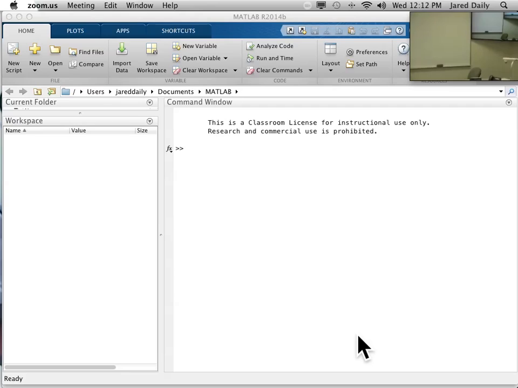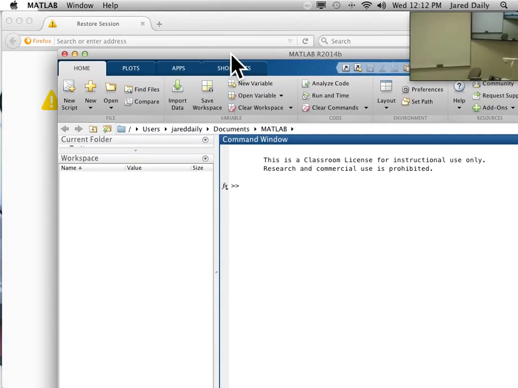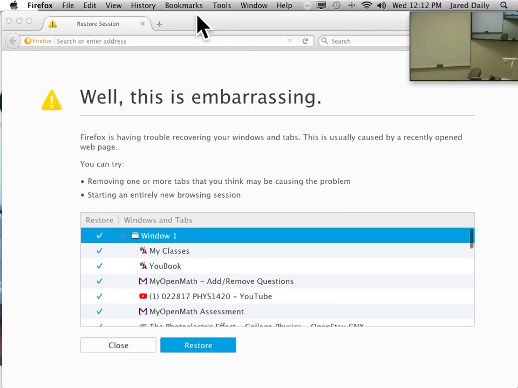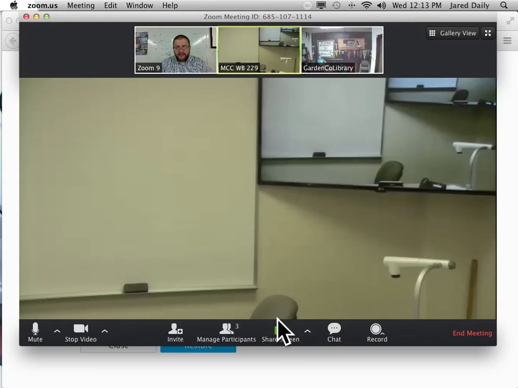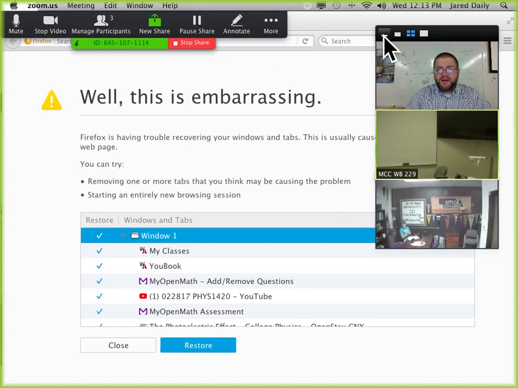So for those of you who are not aware what a graphical user interface is yet, Windows is based on a graphical user interface operating system. That means that everything that you see here is a graphical object. You've got these windows that you can move around, you've got buttons you can push. If I want to go to my Firefox thing here, I can actually just, I probably should share my screen with you, huh? Share screen. Okay, so anyway,